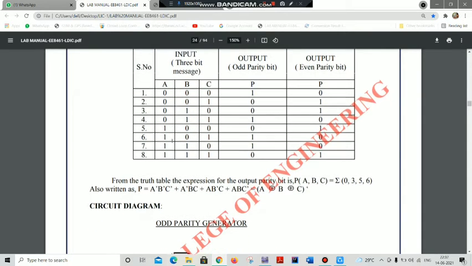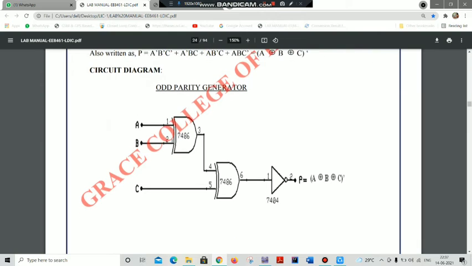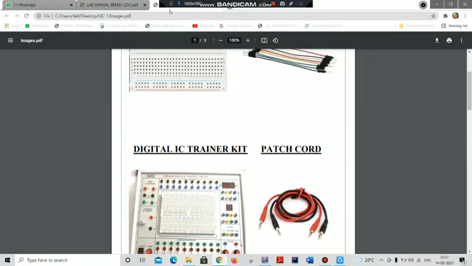For that you have to construct the circuit with the help of the IC trainer kit. You place the XOR gate and NOT gate as per the circuit diagram on the breadboard, which is built into the IC trainer kit.